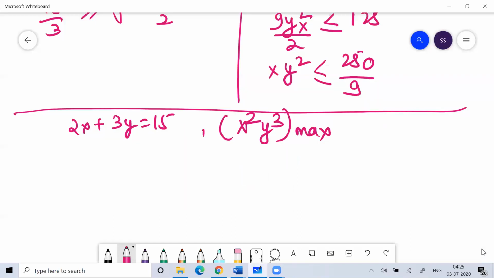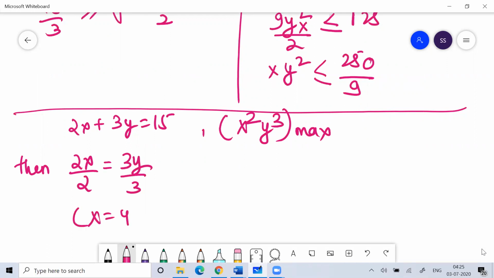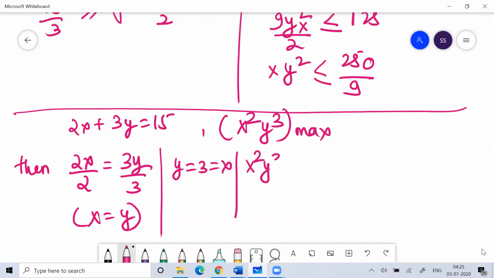Again, if you write, then you can write 2x by 2 is equal to 3y by 3. It means x is equal to y. So if x is equal to y, then y would be equal to 3, and x would be equal to 3. So then x square y cube is nothing but 3 to the power 5, that is 243. You can do it like this, or if you write them in AM-GM, so 2x plus 3y, and